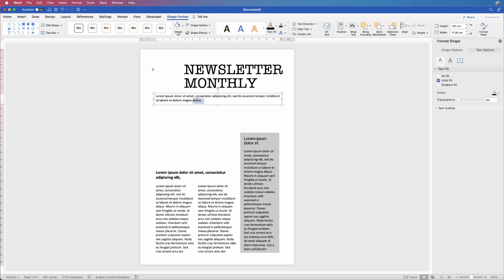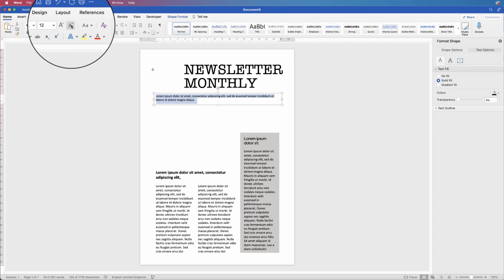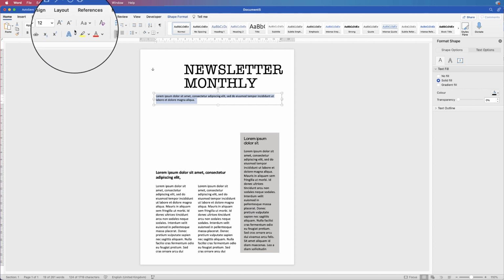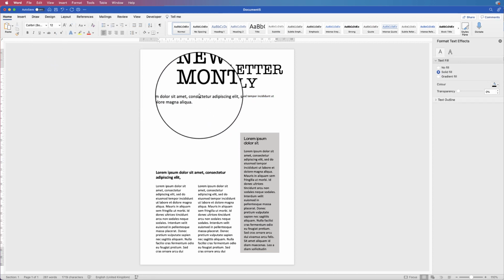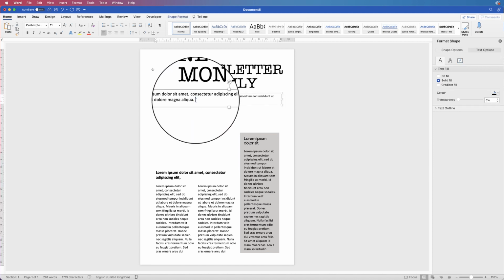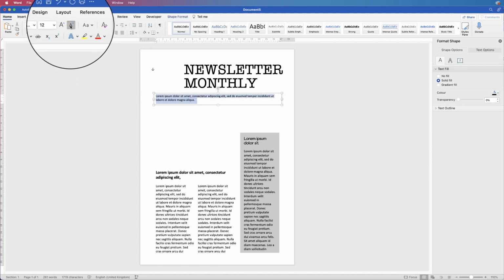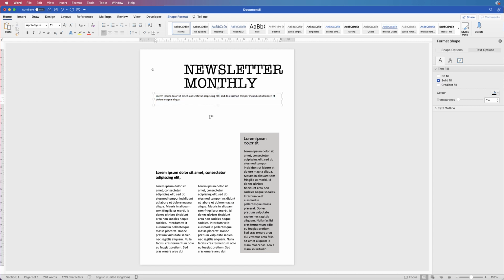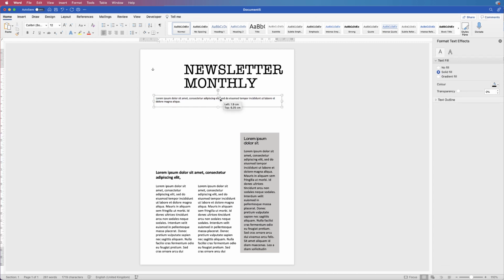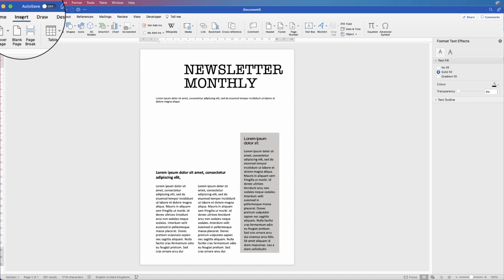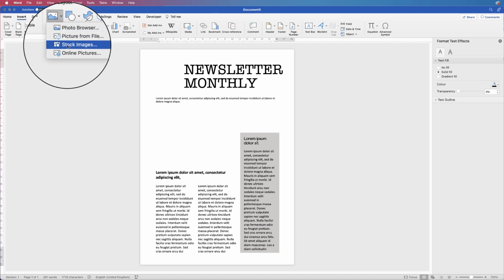I think sometimes it helps to change the font size. We go to Home, just to add a little bit more interest. Let's just reduce that down a little bit more. There we go. And again, it's so easy to move all of these elements. So the next thing, I'm going to put in my logo and a picture and just a line, and then we'll align everything up. So I'm going to go to Insert, Picture, and I'm just going to use a stock